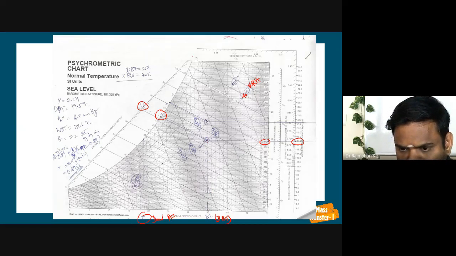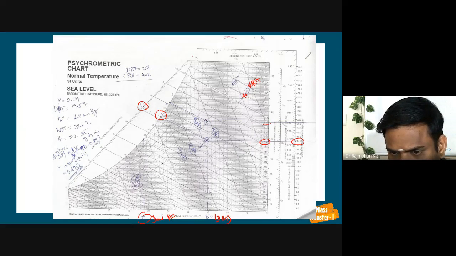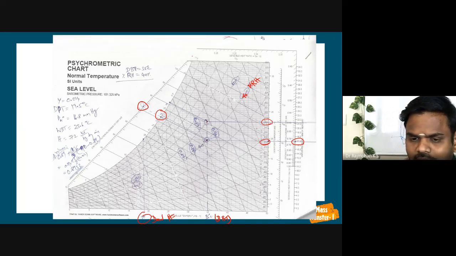Already we have 40% RH and the corresponding absolute humidity is 0.014. If it is increased to 50 percent, we can draw a line parallel to it and read the value of absolute humidity for the corresponding value. So the corresponding wet bulb temperature, enthalpy, and dew point temperature can also be reported. Okay,